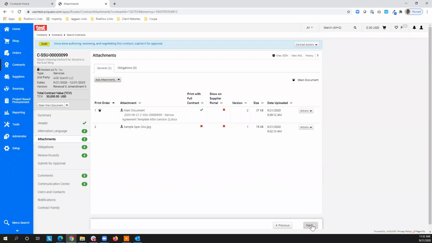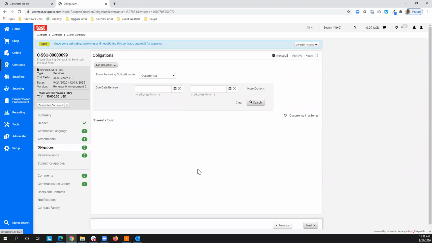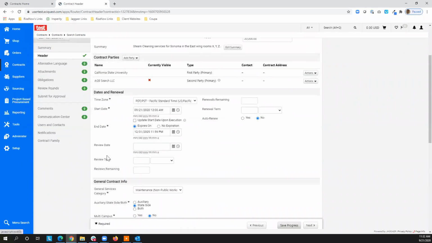All right, so let's move on to obligations. So I'm going to click next and go to obligations. So here under obligations, this is essentially similar to the functionality that we covered a little bit earlier around reviews,